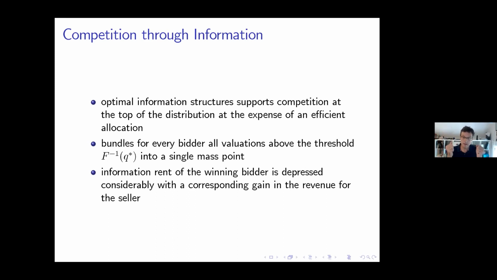It turns out that the seller is willing to incur that loss of efficiency in order to depress the information rent. As we know, the information rent in these quasi-linear models is typically going to be convex for the bidders, and so by using that pooling at the top, creating inefficiency at the top, which is in contrast to our intuition in standard adverse selection, we're going to create more competition, even though we're giving up a little bit on efficiency.